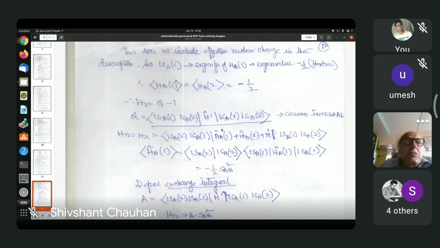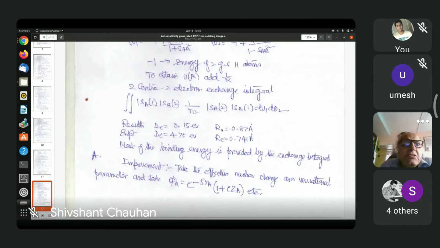Yes. So this whole energy can be expressed in terms of Coulomb integrals and exchange integrals. For exchange integrals, the matrix element of H prime is taken between two exchanged electronic functions, SA2 SB1 and SA1 SB2. In Coulomb integrals, they are taken between the same electronic functions, SA1 SB2, SA1 SB2, H prime. So these Coulomb integrals and exchange integrals, if you can evaluate them, are enough to give you the energies in the valence bond method. So can you go to the next